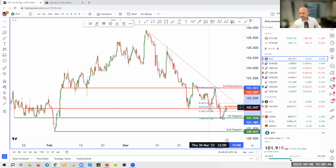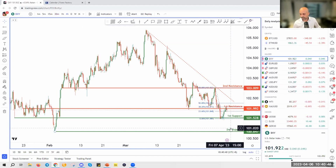So based on these points and this analysis, it is probably likely that if you think the dollar is going to continue to weaken, you would take a short position around here, 101, 102, looking to take your profit at the first support at 101.528. And if you don't want a very wide stop loss, perhaps using the 50% retracement would be a good